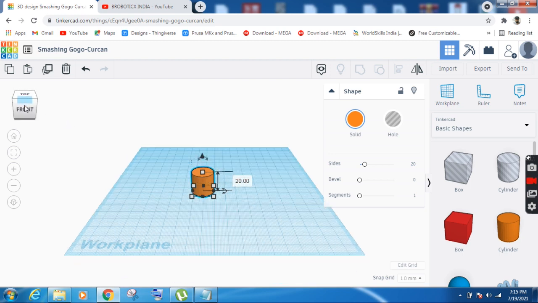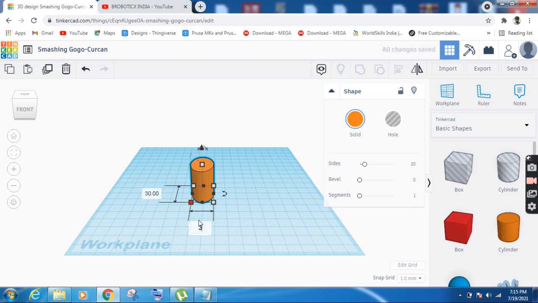So I'm going to change the height and diameter for my cylinder. I'm changing the height to 30, okay, 30 mm, and for the diameter I'm also going to select 30. Once again, let me click again. Yeah, I'm going to choose 30 again for the diameter also.